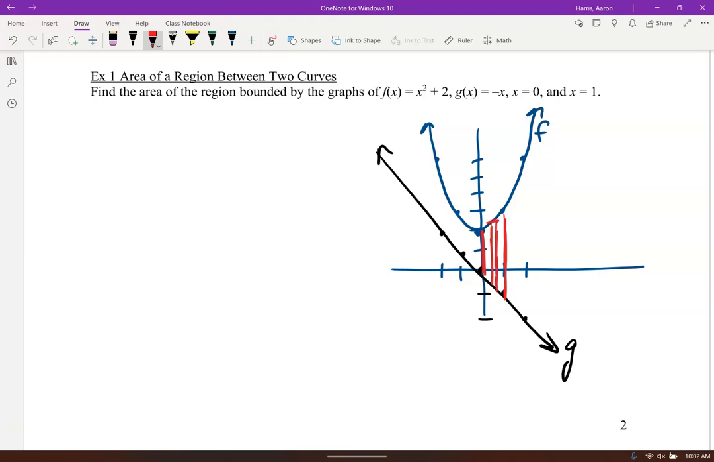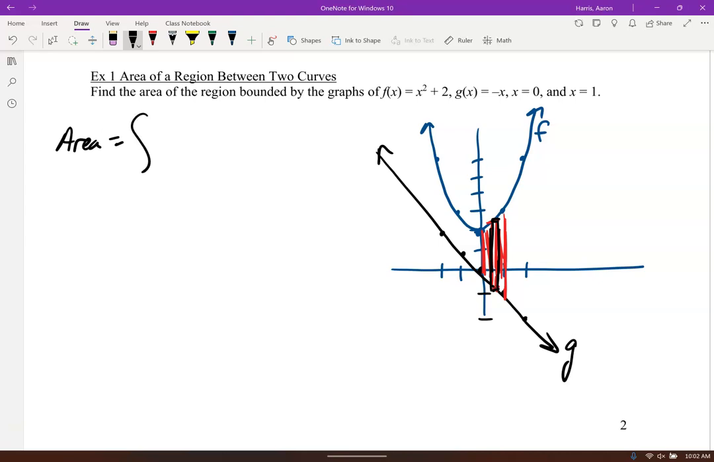So I've got to go f minus g. These are all my rectangles. Again, this is in red, but I'm just trying to show my rectangle. The height of it is f minus g. f of x minus g of x is the height of that rectangle. You with me? And so our area here